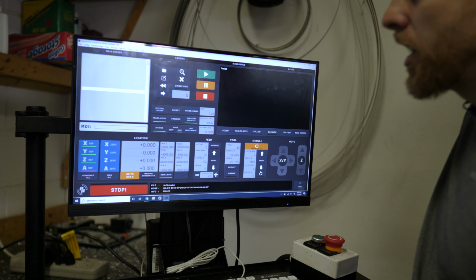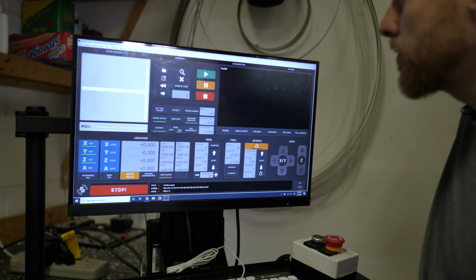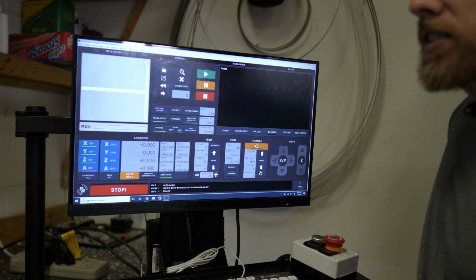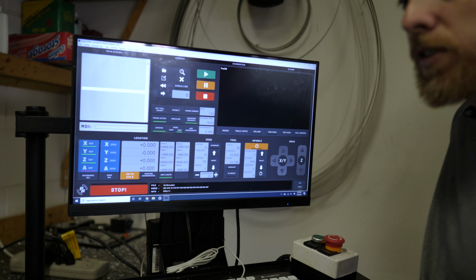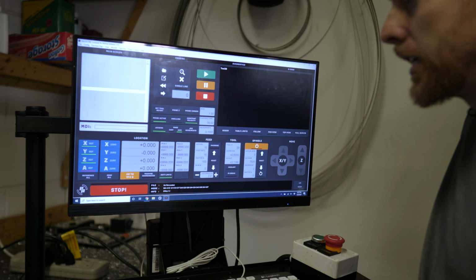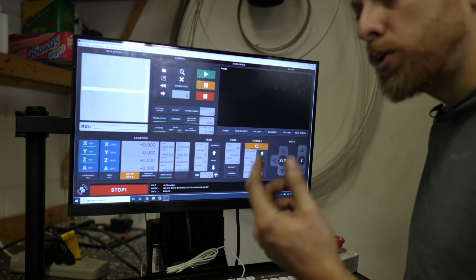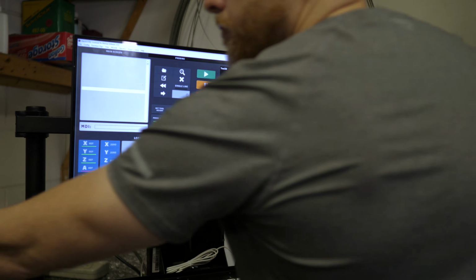Like setting up tool heights is not really very common for Mach 3 users. They don't use the actual tool offsets. They just set the Z0 at the bottom of the tool every time they change tools. This makes sense if you're running a router and you just have to physically pull a tool out and put it back in and you have no idea where it ends up. But